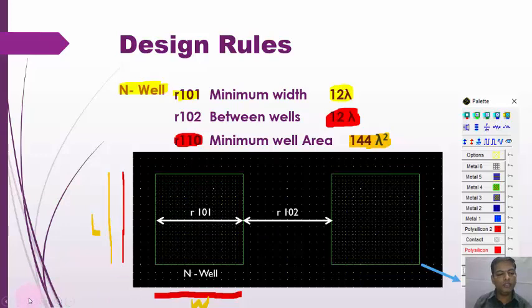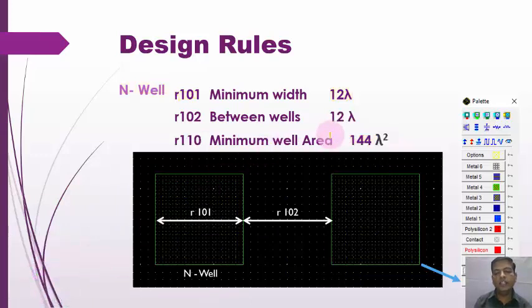So in this way we have the area of the n well, that is 144 lambda square. The length and width of that particular one is 12 lambda, and the minimum width in between two wells is 12 lambda. And the n well we have taken from this particular palette. Have you got it? N well, where is it available? Okay.